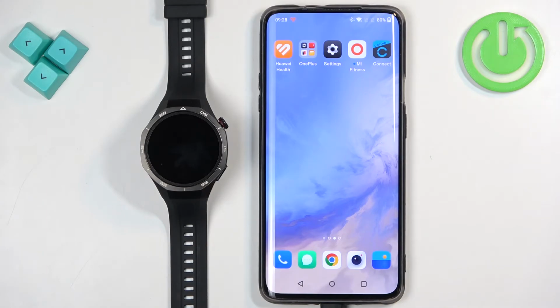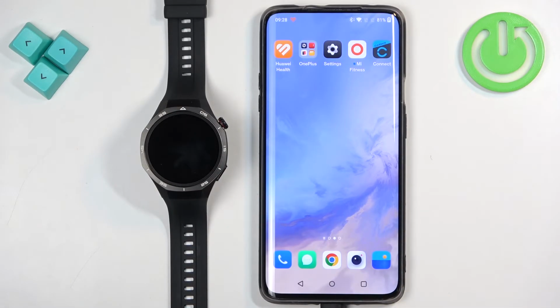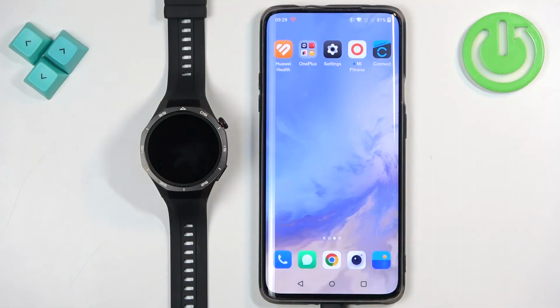Welcome! In front of me I have the HUAWEI Watch GT 5 Pro and I'm going to show you how to enable the phone notifications for this watch on the Android phone. Basically, if you want to receive the notifications from your phone on your watch. First thing we need to do, rather before we start, if you want to receive the notifications from your phone